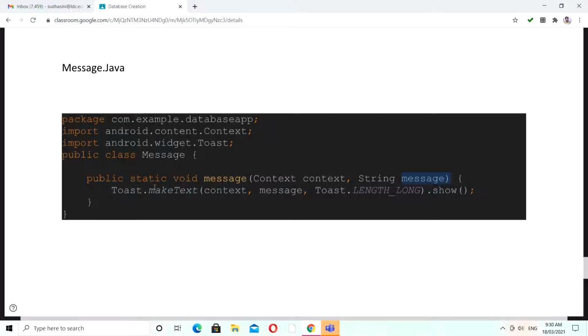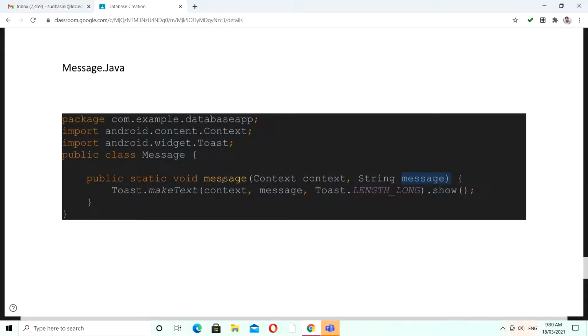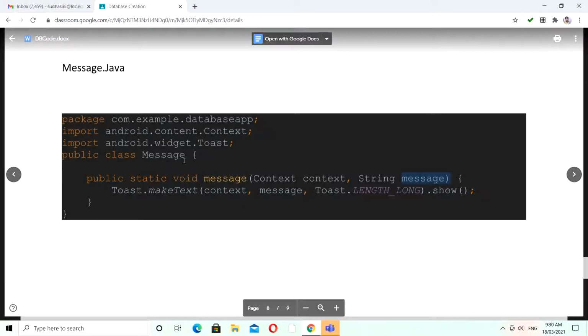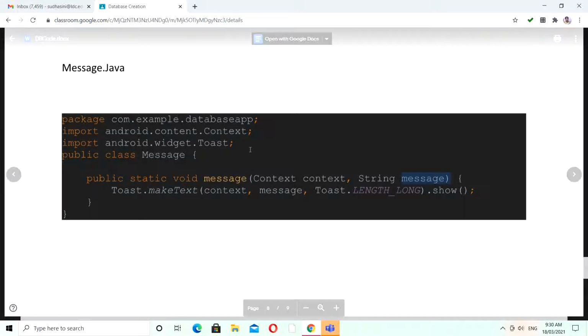Apart from writing Toast.makeText in every piece of code where we need to display information, we have this in a separate class. Within a separate class we have a separate user defined method, and within your method we are passing this toast. So this is the main use of this Message.java.